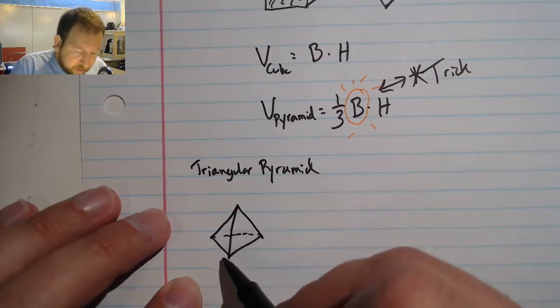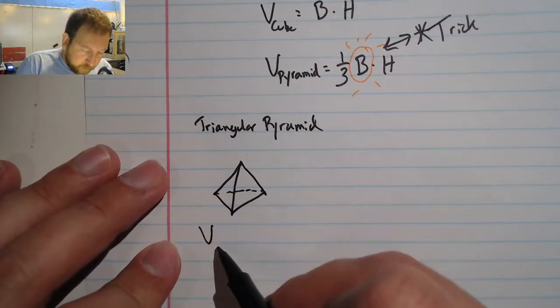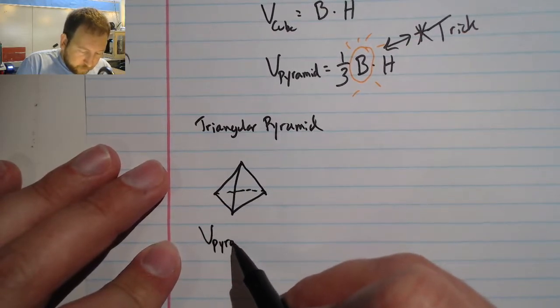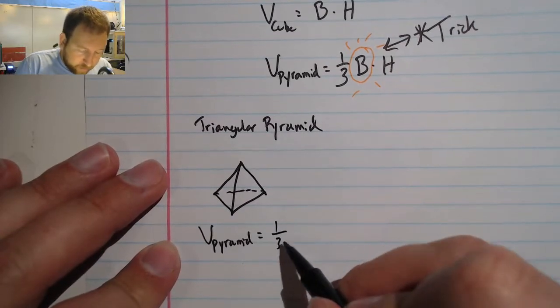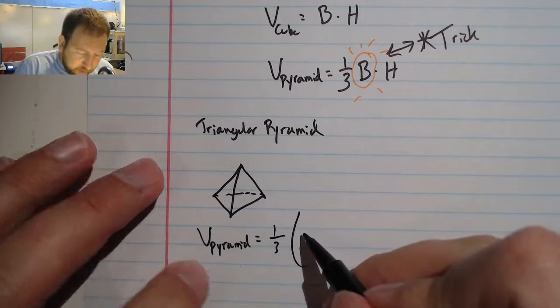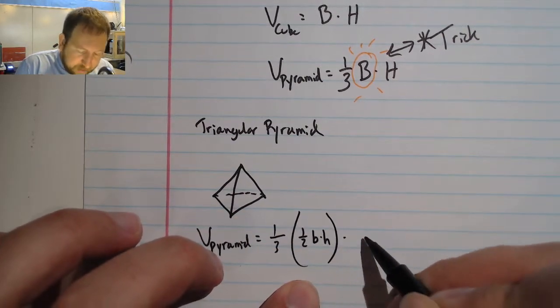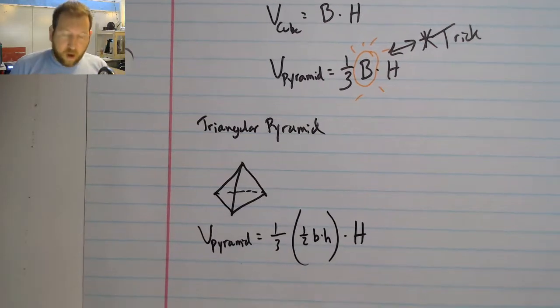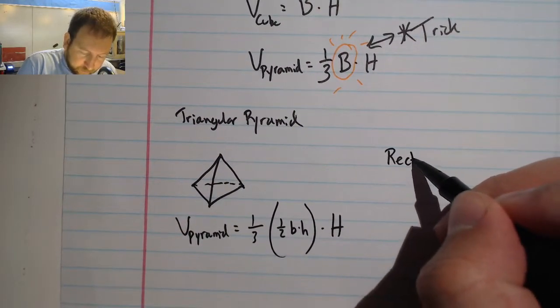Notice they have a triangle on the base. So in this case, our formula would quickly go to this: 1/3 of the base, which the area of the base in a triangle is 1/2 base times height, times the big height. Where if we were looking at a rectangular pyramid,